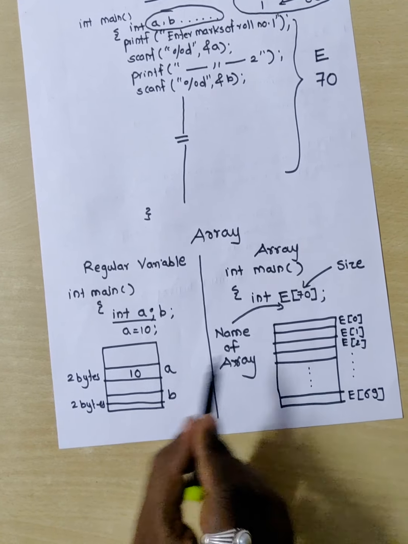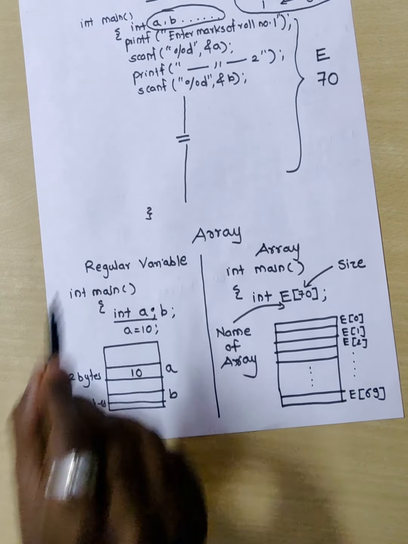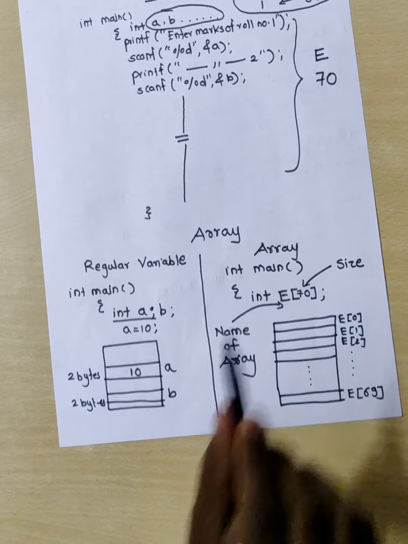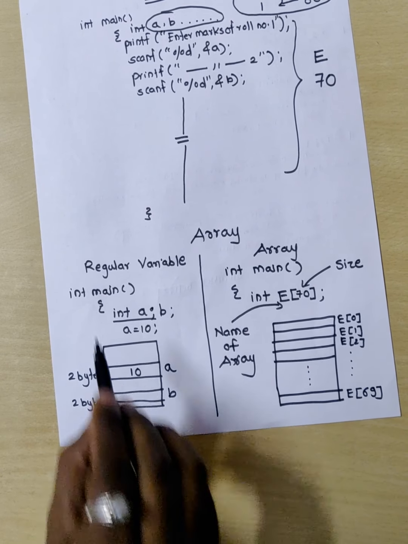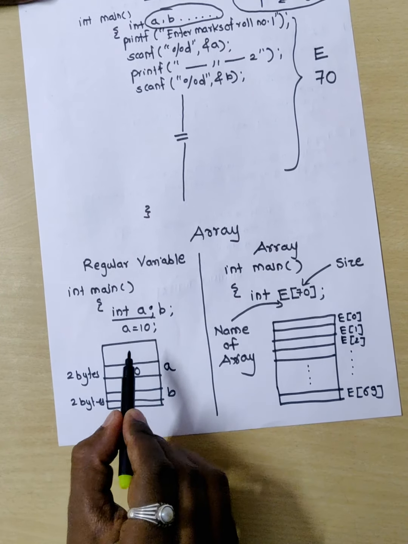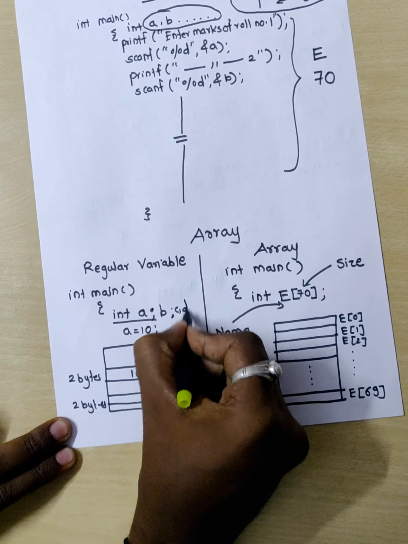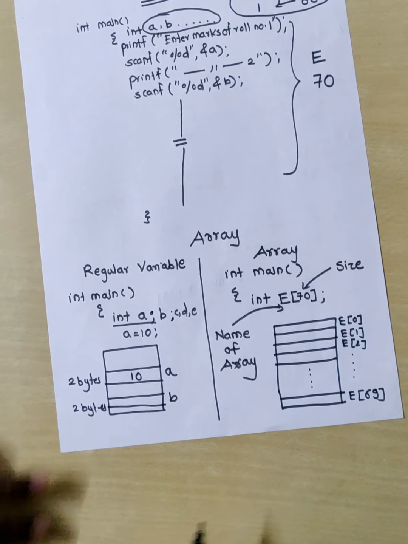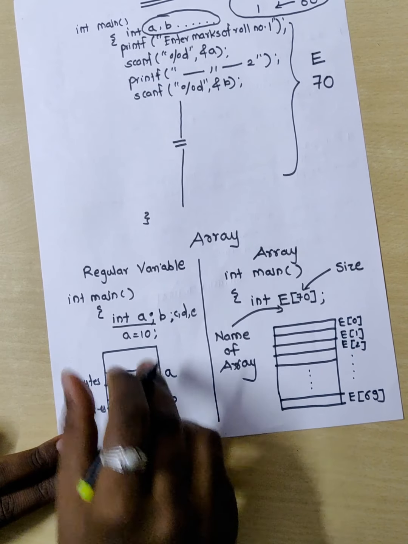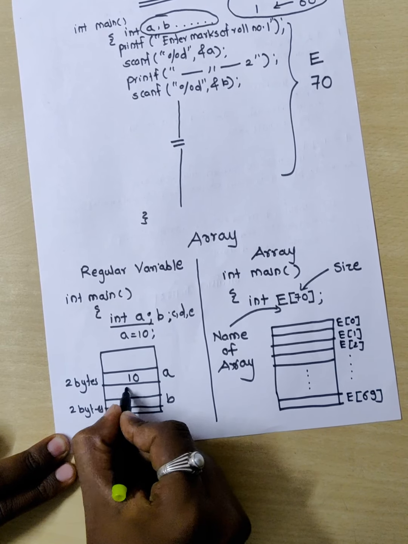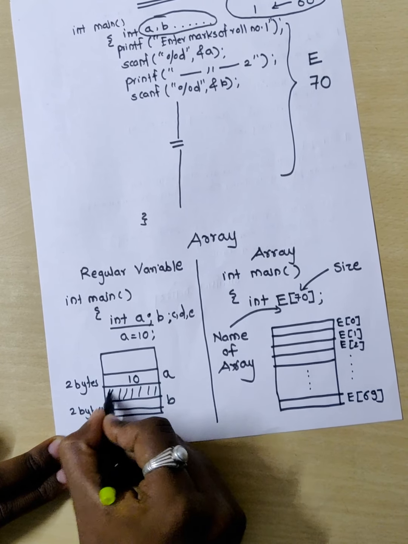You can see the concept comparatively. On the left hand side I have written regular variables, and on the right hand side I have done the same thing for an array. On the left hand side I have used two variables. If I had to use 70 variables, I would have to use C here, D here, E here, likewise creating 70 variables. Again 70 distinct spaces would have been created, but those would be random. You can see there is space in between these two variables.